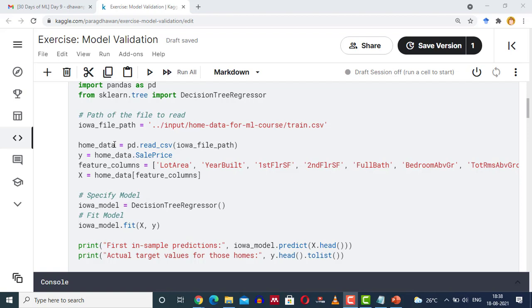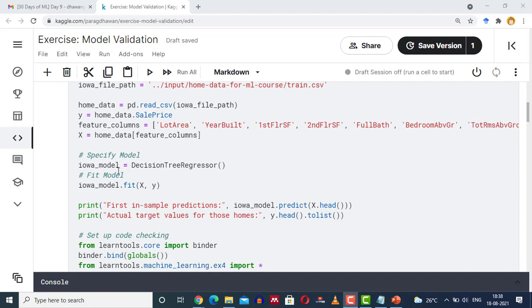We are segregating the target variable y by home_data.SalePrice. We are identifying the features, writing all the features in a list and storing it in feature_columns. Using the feature column list from the home_data frame, we are creating a feature data frame X.